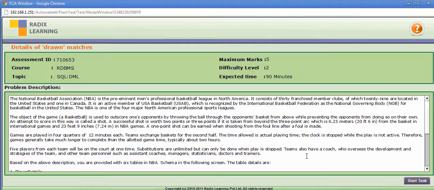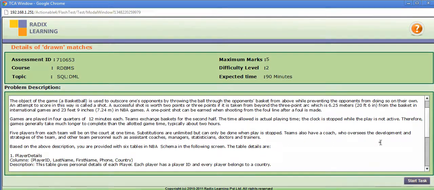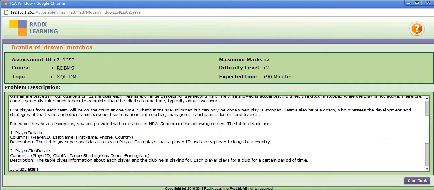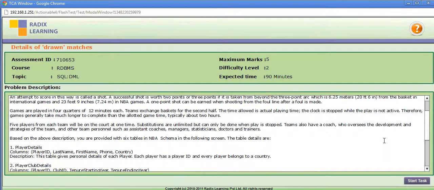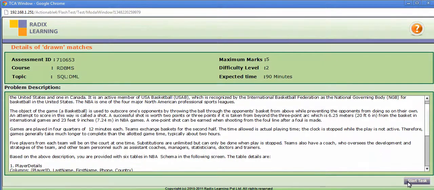You first need to read the problem description. Take time to read the problem description. If the problem description is rather long, you'll also see a scroll bar which you can use to scroll down and up to read the problem description. Once you have read the problem description, you can click on the button which says Start Task to begin the